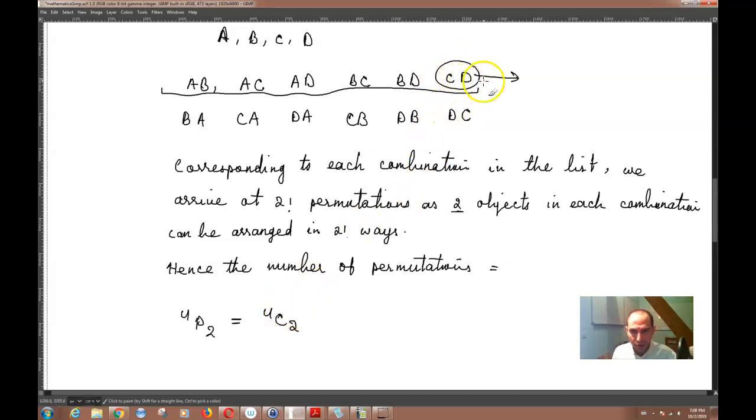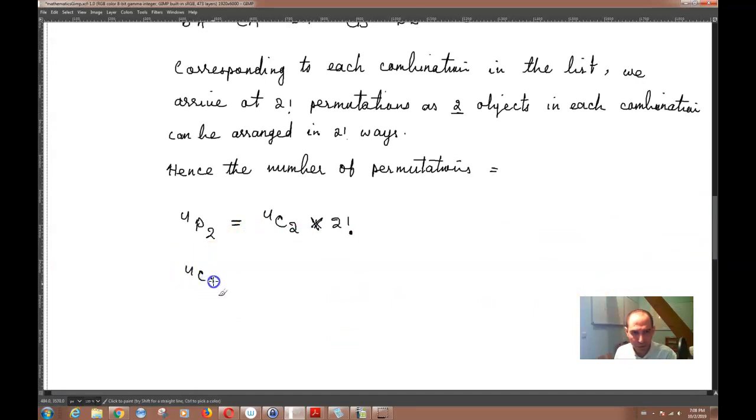So I can write 4 combination 2, right? And relative to each of these combinations, I have 2 factorial permutations. So basically 2 factorial is equal to 2. That means that 4 permutation 2 is the same thing as 4 combination 2 times 2 factorial. Or I can say that 4 combination 2 is the same thing as 4 permutation 2 divided by 2